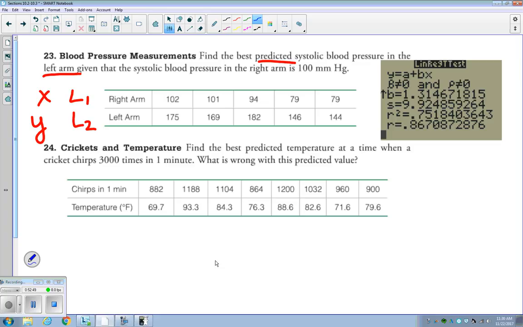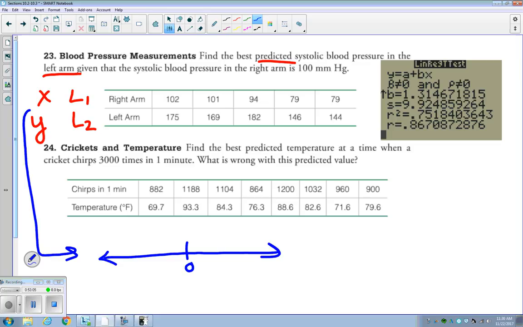And for 5 pieces of data, what is the requirement there? 0.878 positive, negative 0.878. The R that I got